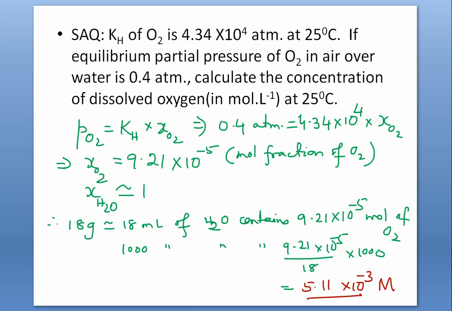The only difference was that there the partial pressure of nitrogen was a little more, 0.98 something bar. But here it is 0.4. So that also counts. The equilibrium pressure is more, means solubility is more. So had it been 0.4 there, the solubility would have been still less than what we got in the previous